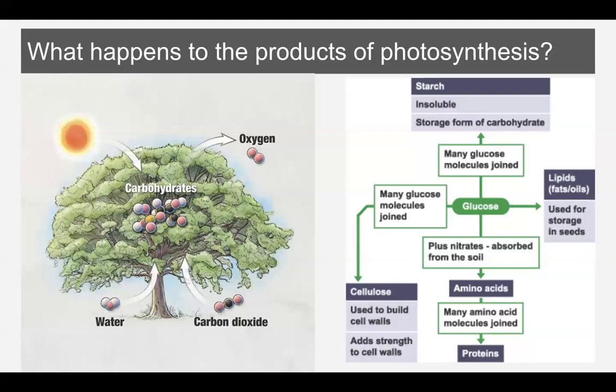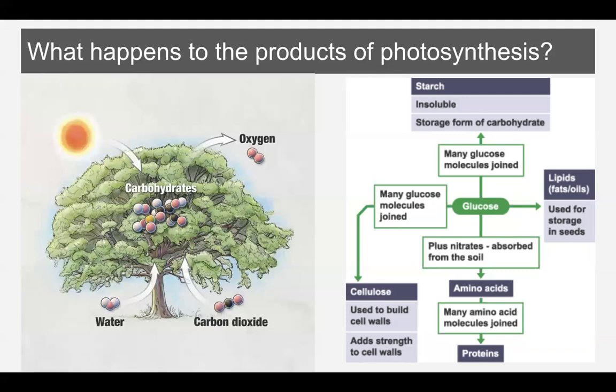remember, glucose is the main carbohydrate produced by photosynthesis. And there are a couple things that the tree can do with glucose. First, the tree can just use the glucose to do cellular respiration. Cellular respiration is how trees get energy, just like us. They get energy the same way that we do, except they actually make their own energy, whereas we have to eat energy. But the other things that trees can do with this glucose is they can take the glucose